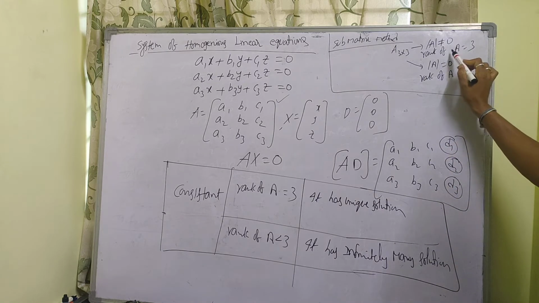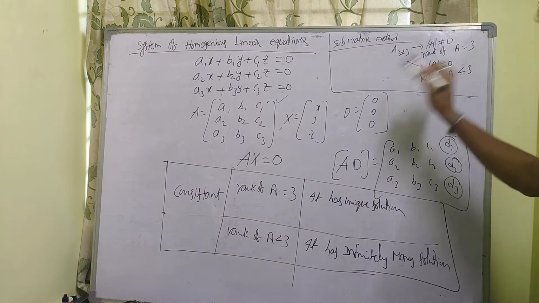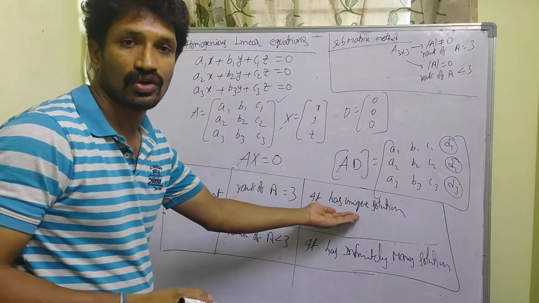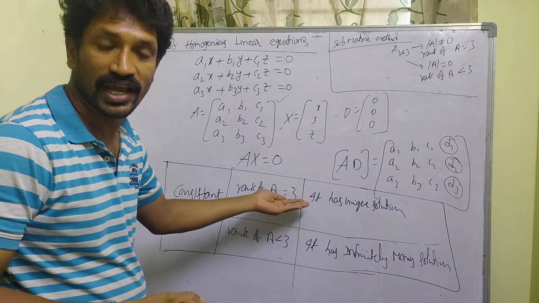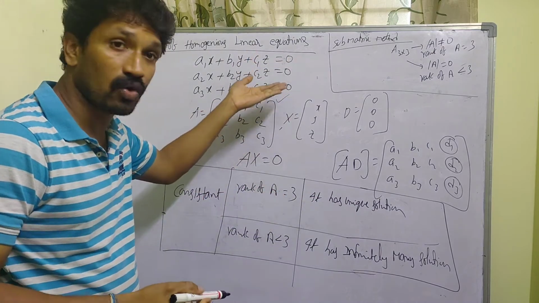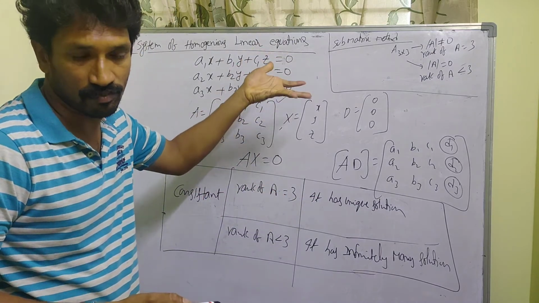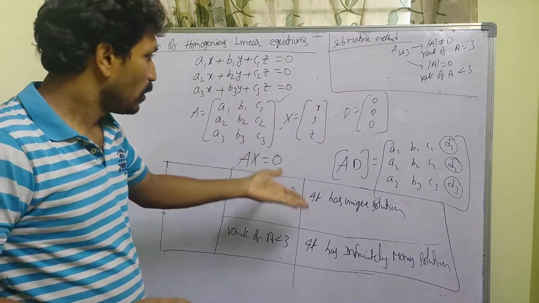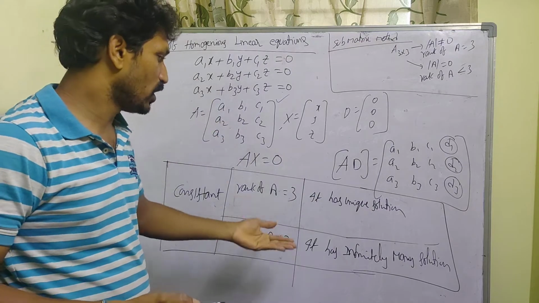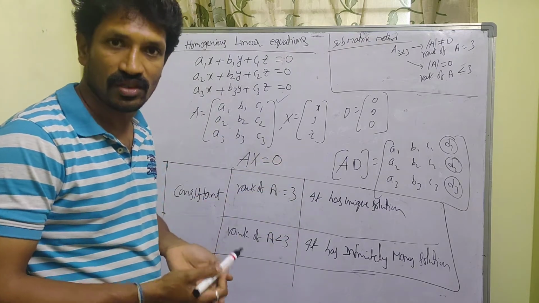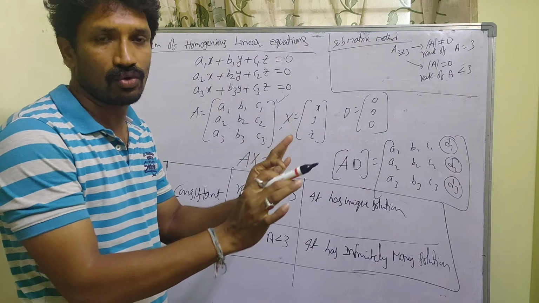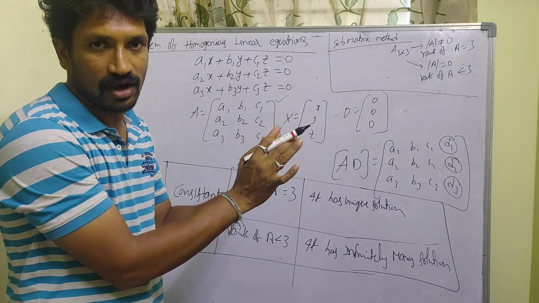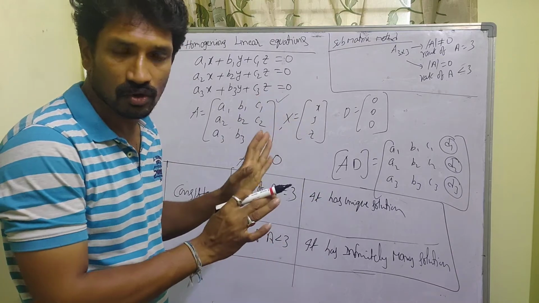If rank of A is equal to 3, then this system of linear equations has a unique solution directly. So no need to go for echelon form. For non-homogeneous equations, you should go for echelon form, or I give some different methods. For the homogeneous equations, no need to go for echelon form. If it is necessary to go to echelon form, then you go. Otherwise, no need to go to echelon form.